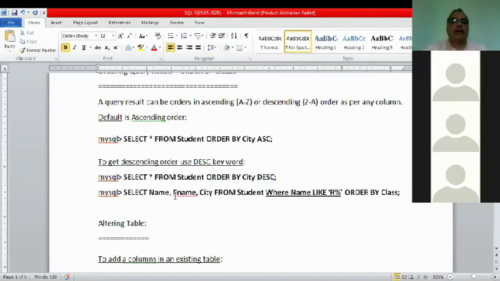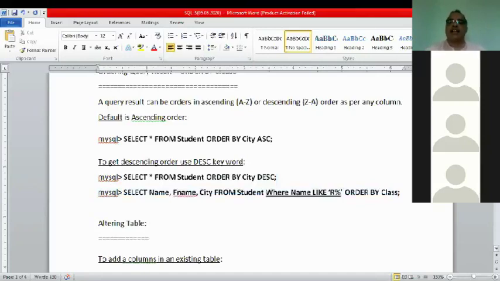Next, here is a command. This is for you. Now you tell me, what does this command say? Anyone? Sir, the R percentage was for the first character or something like that.